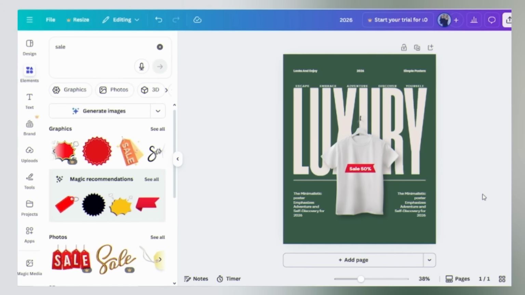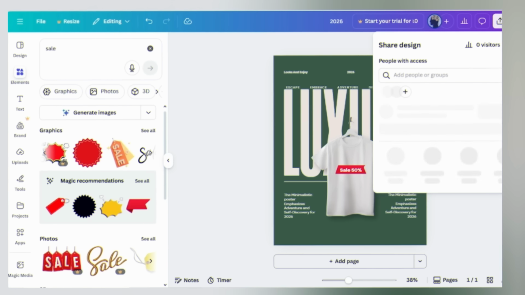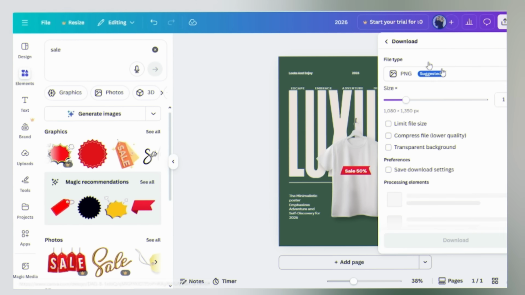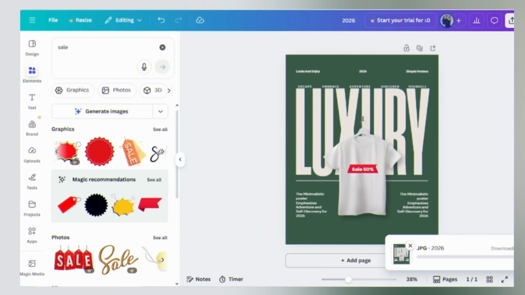The design is ready. To get the final image, we'll click the Share button in the top right, then select Download. For Instagram, JPEG is a great file format, so we'll switch it from the default PNG, and then just hit the Download button. Once it's ready, we can open the file from our Downloads folder to see the finished